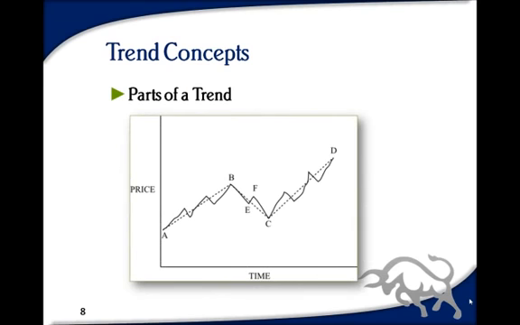This is an uptrend, and we can see that there's an uptrend from A to D. D is higher. B is the peak before D, and that's a little bit less, so that's okay. In an uptrend, the D has to be higher than B and C, and the low point has to be higher than A to satisfy a definition of an uptrend. Now that may sound complex, but just simply follow along and you'll see that it actually makes an awful lot